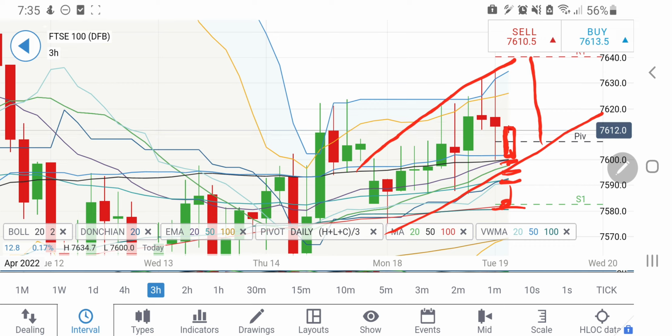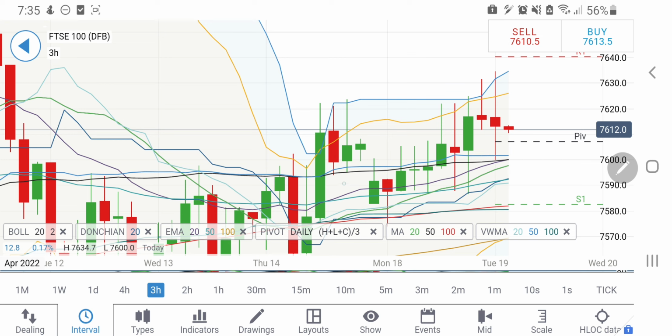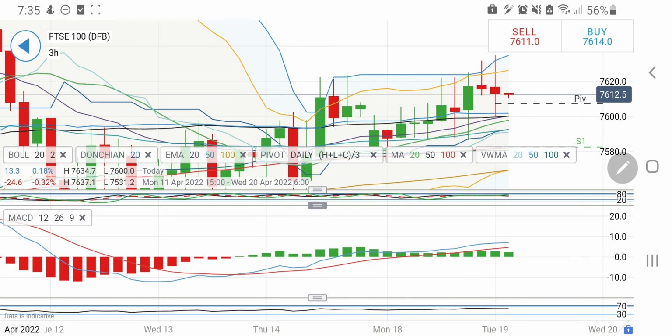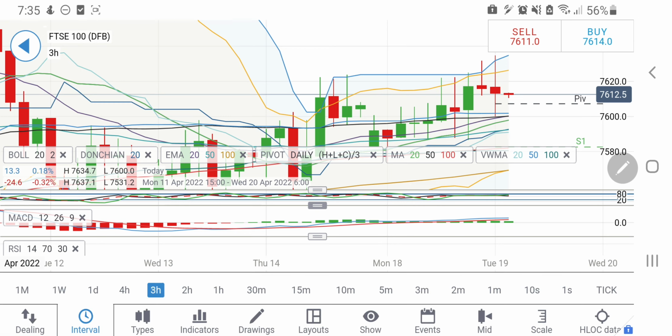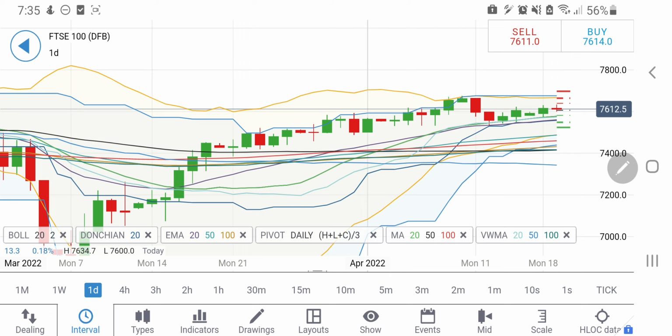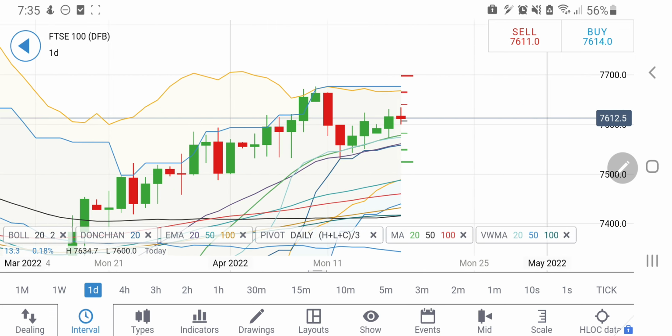So a larger trading zone between 7,640 and 7,600 is what is visible, and if you expand it further, 7,580 and 7,650 levels, that is what I expect FTSE 100 to trade within. MACD lines are trying to converge here. And now let's come back to the daily charts.